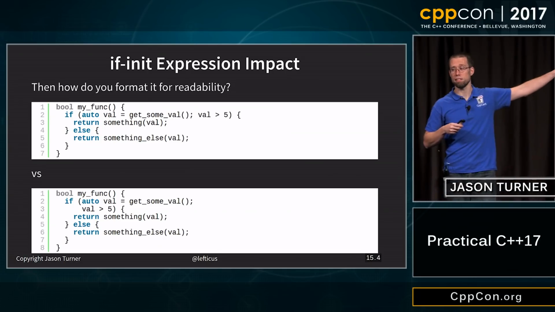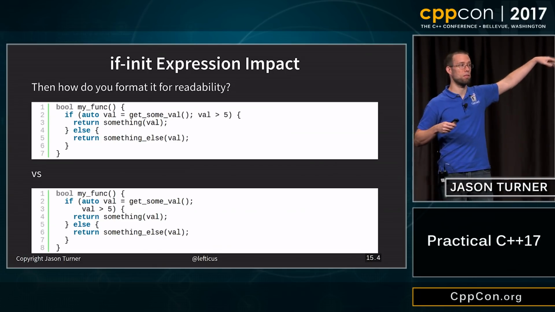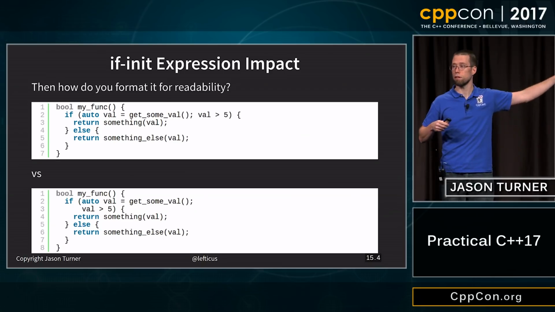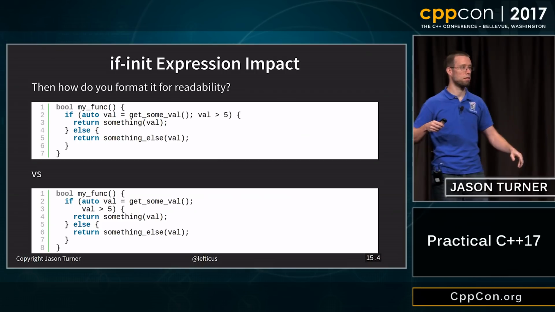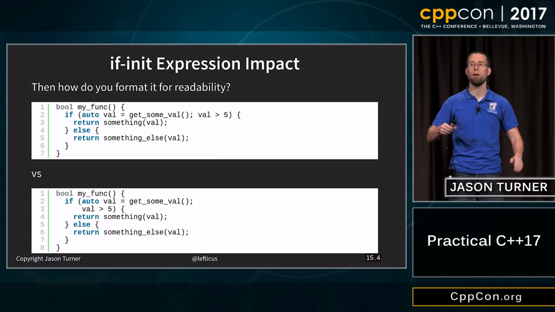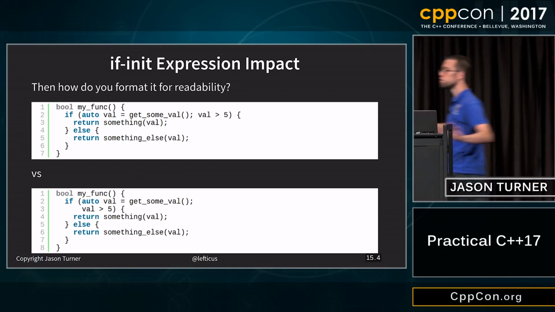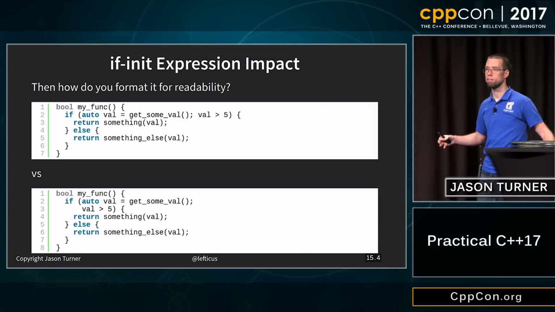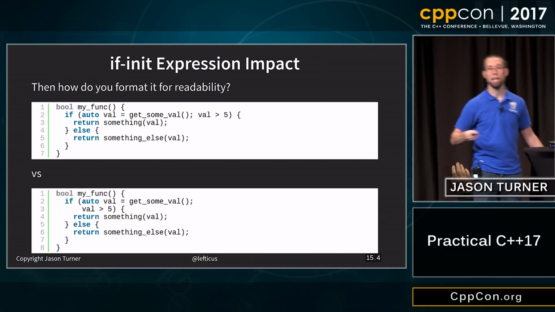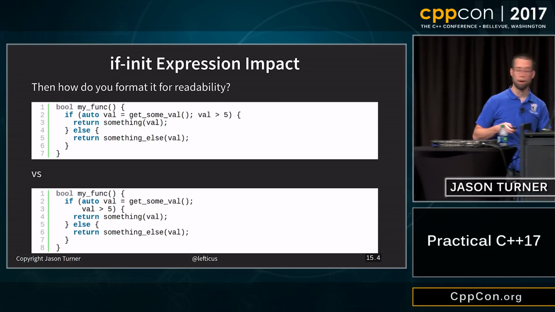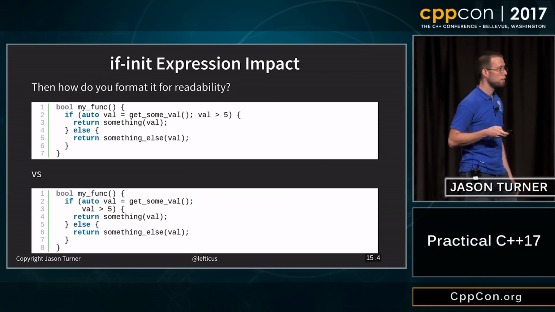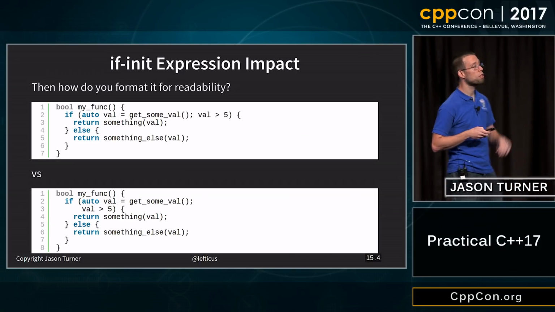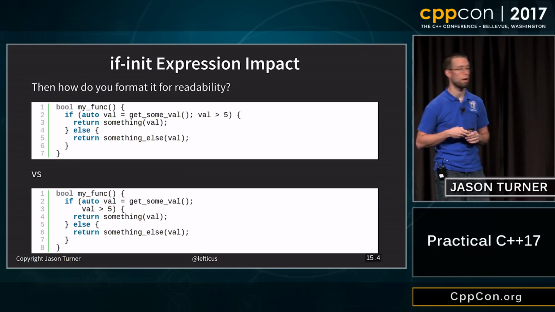Does anyone have any opinions as to which one of these they think is more readable, by the way, so I can set my coding standards or anything? First one. Oh, wait, let's do this differently. Who says the first block is more readable? Well, that's basically everyone. All right. I guess just do the same as you do for for loops. Do the same that you do for for loops. That's a good way to put it, I think. Yeah, that works.